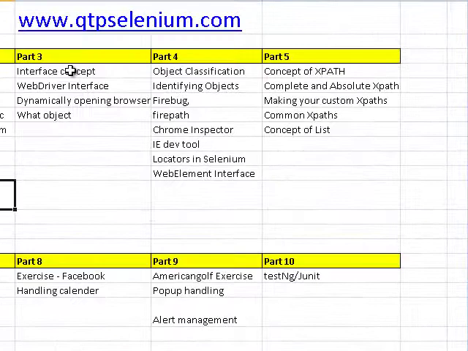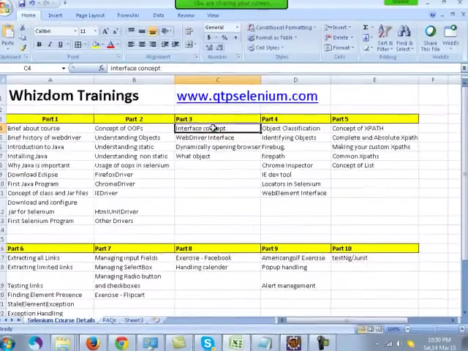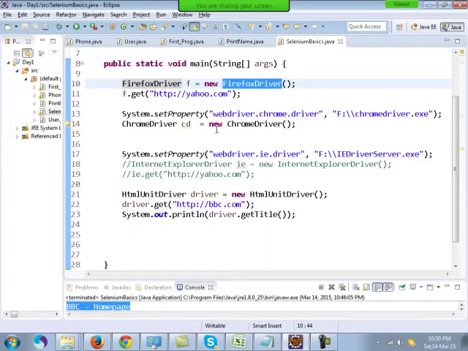The concept of interfaces comes into play. I'm over with part 2. The concept of interface comes into play now. In object oriented programming, there is something known as interface. When you study that, you will come to know that you don't need to learn each and every driver